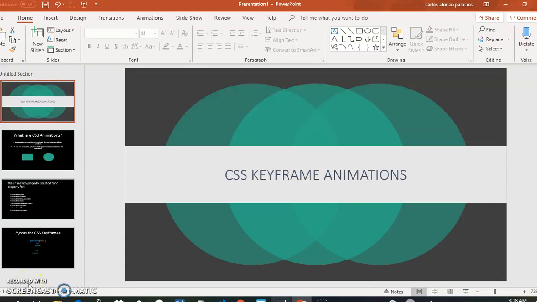Hello everyone. In this week I will share with you my presentation, which is CSS keyframe animations. This is a very important